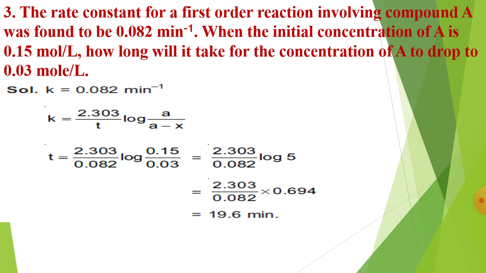Third, the rate constant of a first order reaction involving compound A was found to be 0.082 minute inverse. When the initial concentration of A is 0.15 mole per liter, how long will it take for the concentration of A to drop to 0.03 mole per liter? So here we have to find t. Again we can use the formula k equal to 2.303 by t log a by a minus x. Here k is given, a and a minus x are also given. So by putting the value of these,